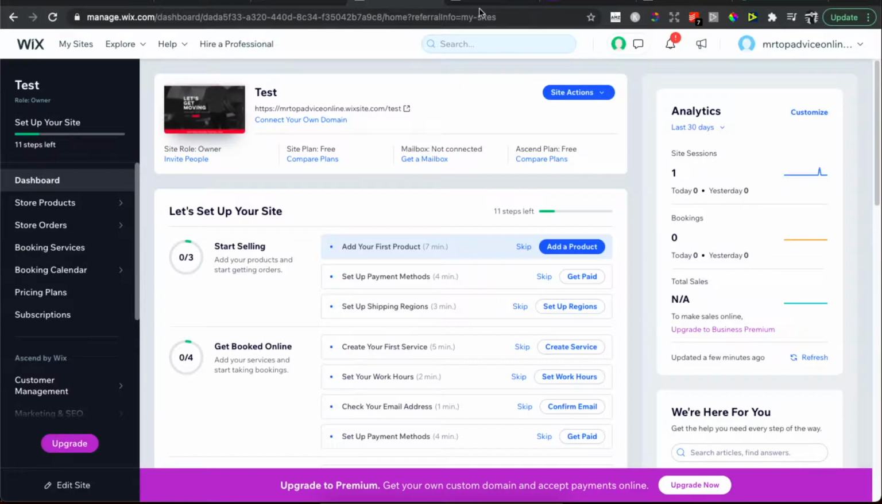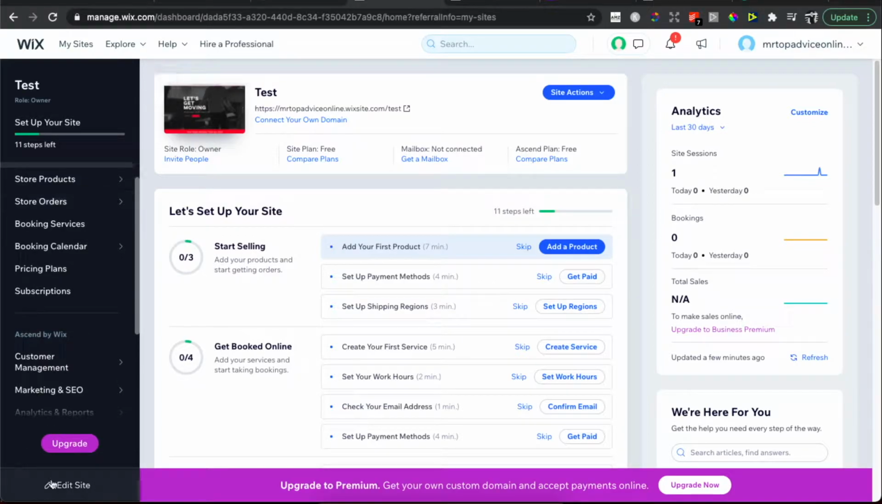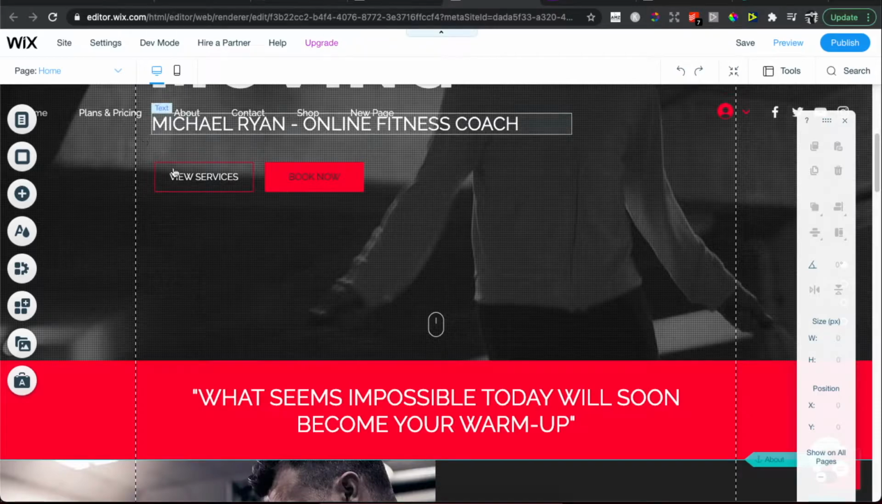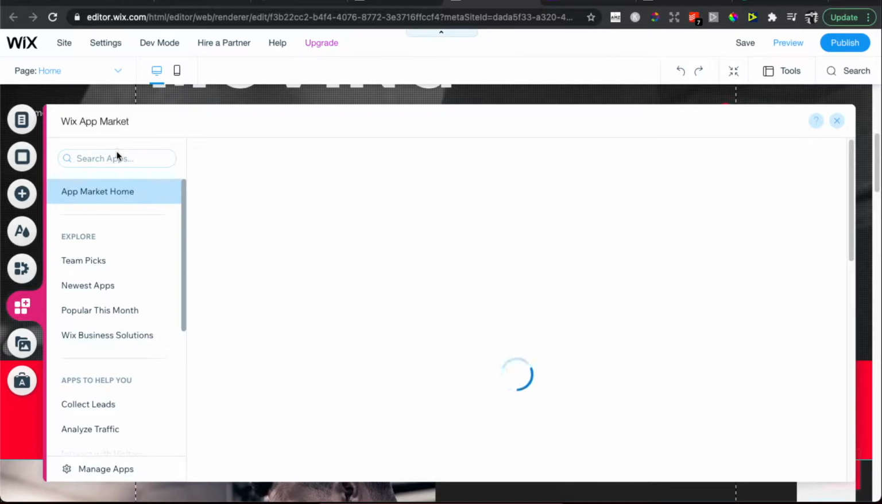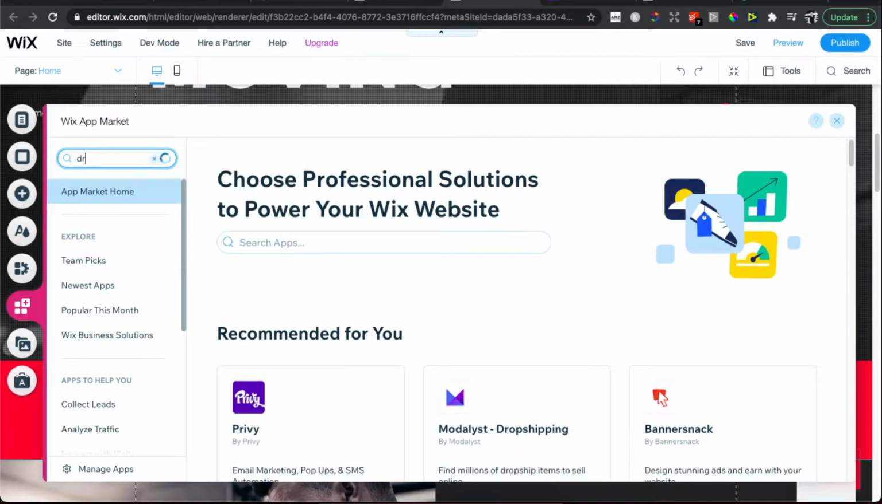So first, what you need to do here, you need to basically press on the edit site and be on this window where you can basically edit your site. And then the next step, you need to go on add apps, and on the Wix app market you need to write dropshipping,